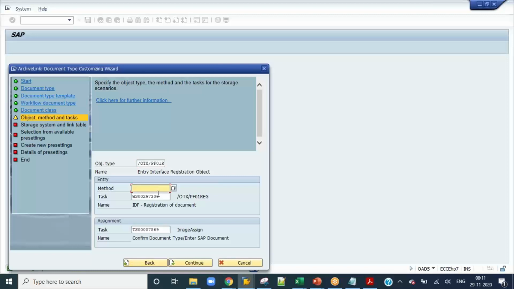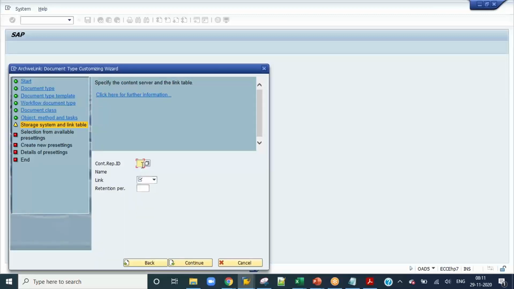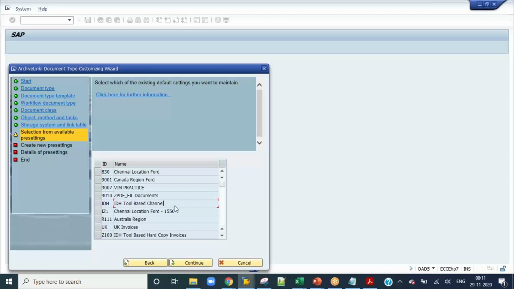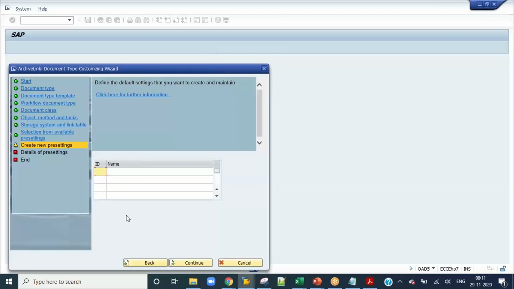No need to maintain any method here in Business Center. Okay. The task name is also different, and this one is different. These two are the changes. Click on continue. So content repository ID is G1 and TOA01 is the table. Click on continue. So you are going to select a presetting folder, an existing one, or I'll create